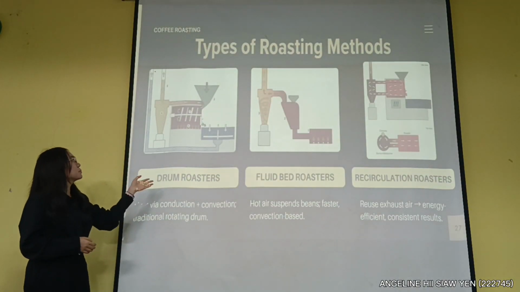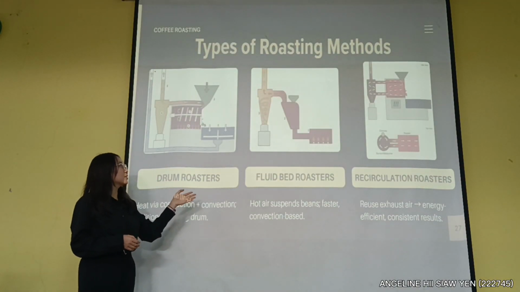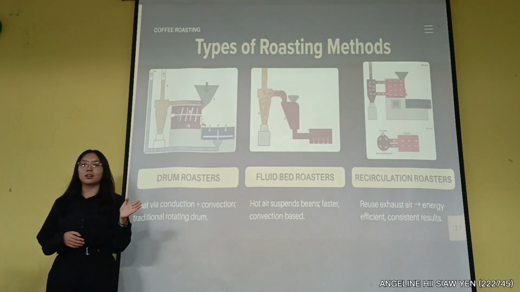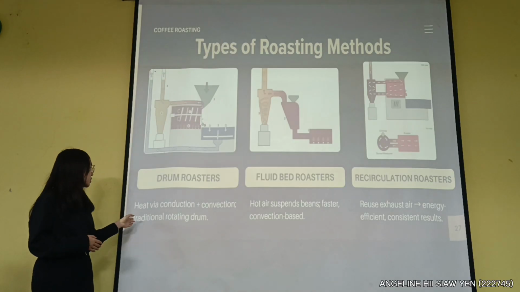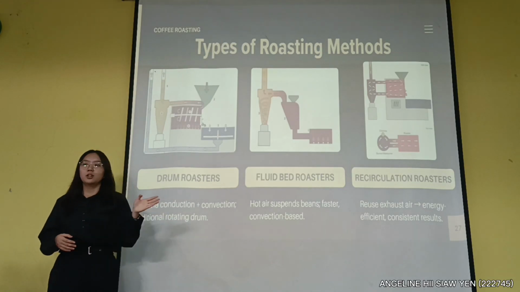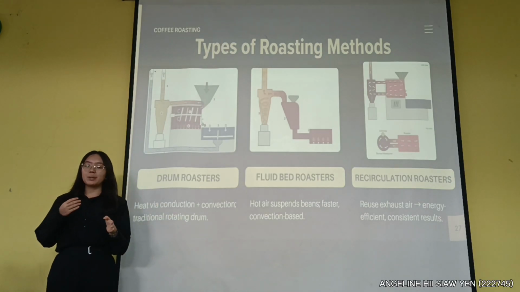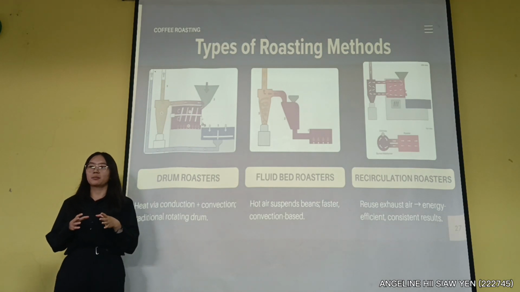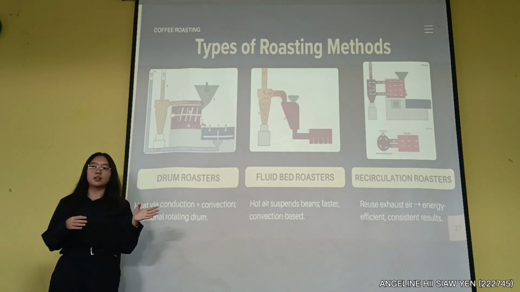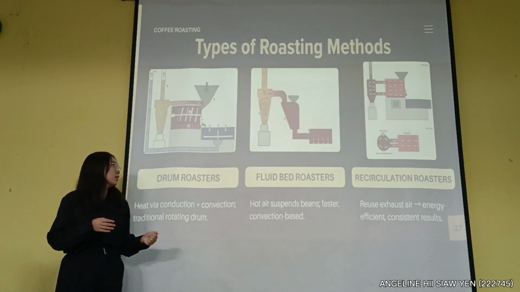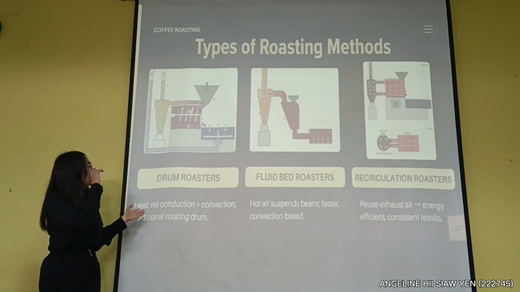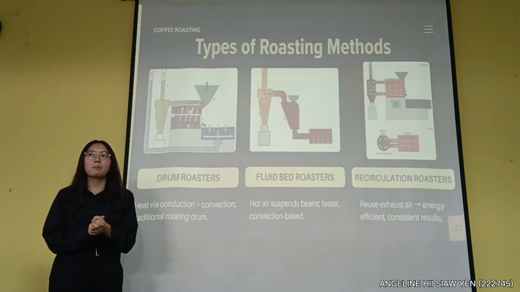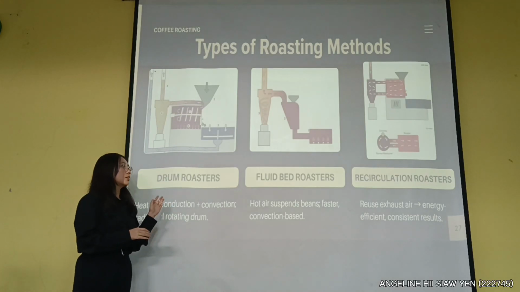So here are some types of roasting methods. The first one is the drum roaster, which is the classic one. It uses traditional rotating drums. The beans are rotated inside a heated drum. It gives rich and classic flavors. Just think, we want to rotate the beans in order to make sure all the beans